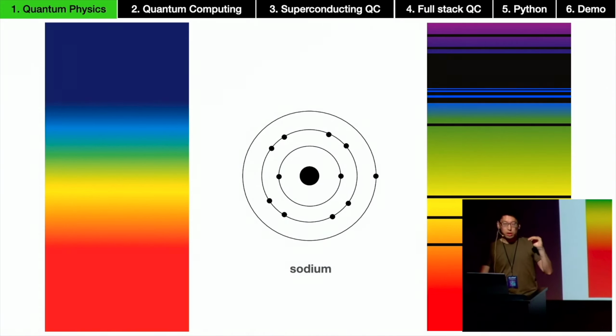And it turns out photons of a certain frequency got absorbed by certain electrons in that atom. The energy of that photon went into the electron and made the electron move to a higher energy position. Basically, it got the energy from the photon, got excited. And as a result, the light on the other side does not have that photon. You don't see those colors. And this kind of looks like a barcode, and it is a barcode. It is a unique identifier, like a fingerprint of this material.